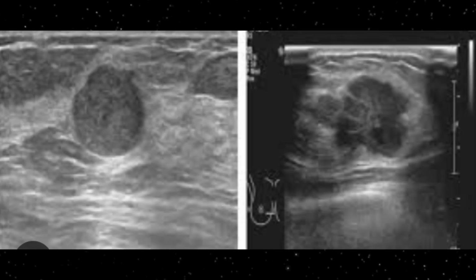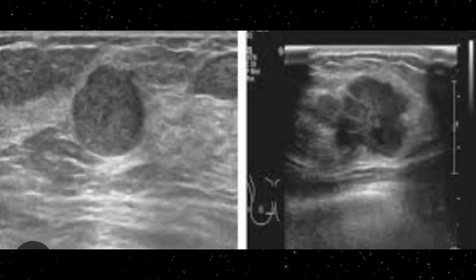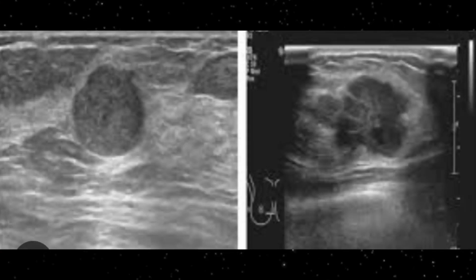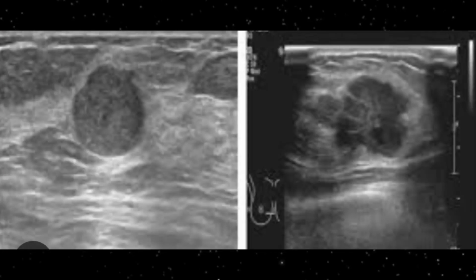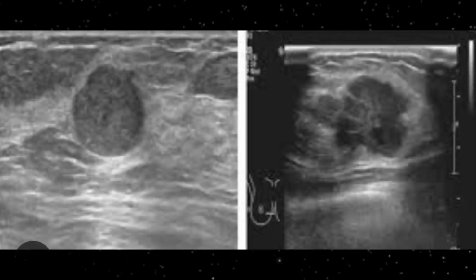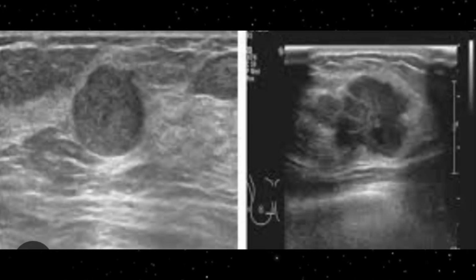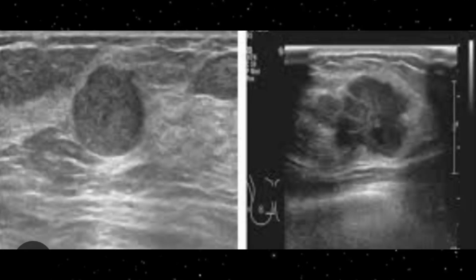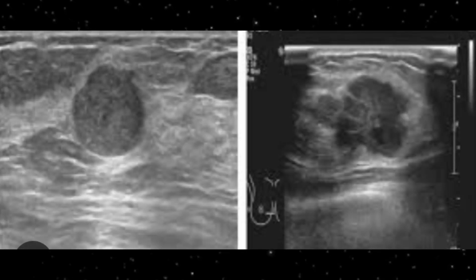Have a look at these two images. Again, I am just discussing the homogeneity. Towards the right it is homogeneous and uniform, but towards the left side it is non-homogeneous and non-uniform, so it will fall in the category of malignancy. So these two lesions show you uniform homogeneity and non-uniform homogeneity, making them benign